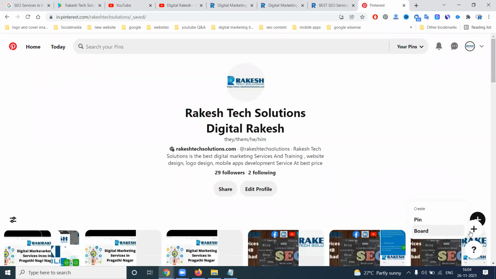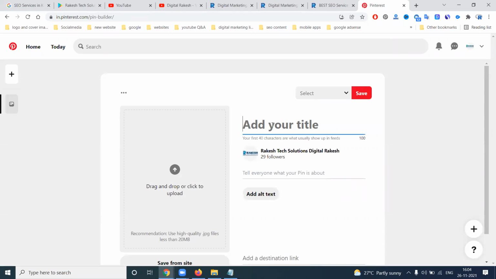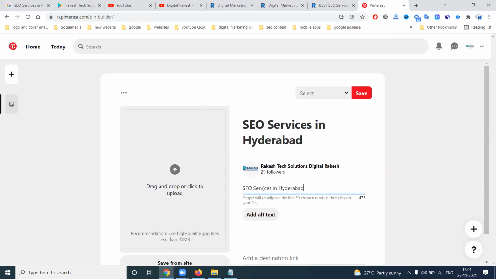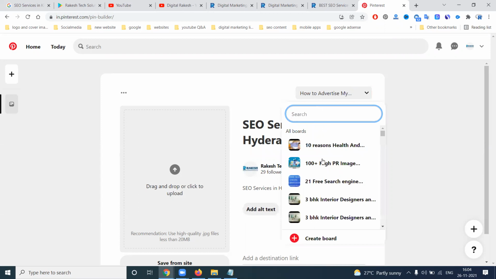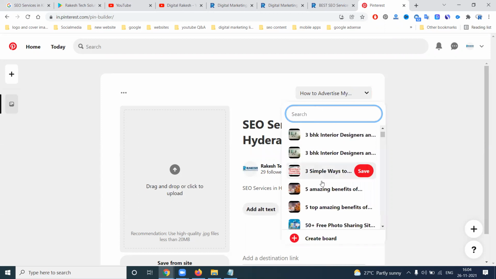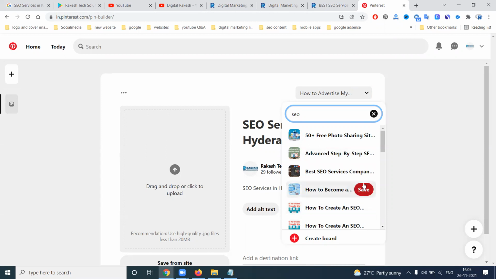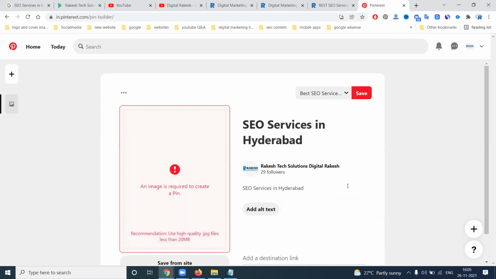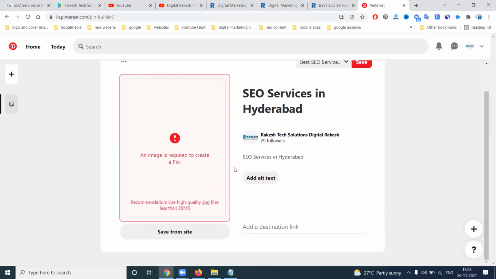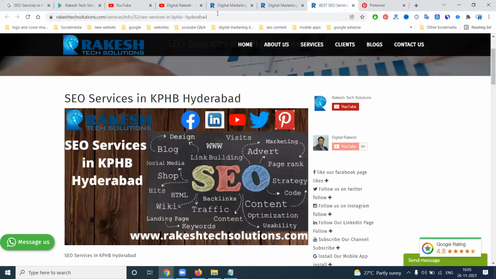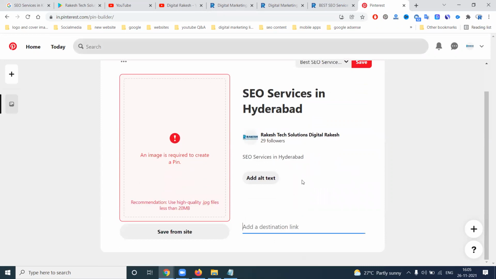Here is the pin, here is the board. On the right, select the pin, title, everything. Select your particular board option. There the complete board is there. What is the board? SEO. Select it. Destination link.